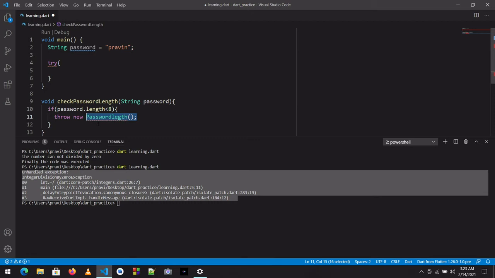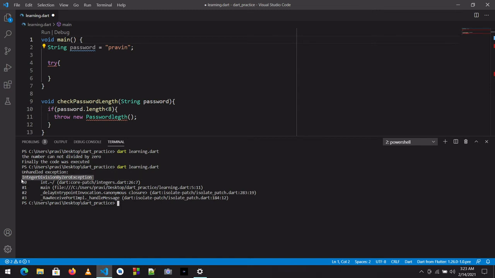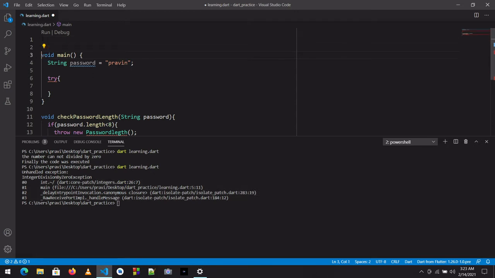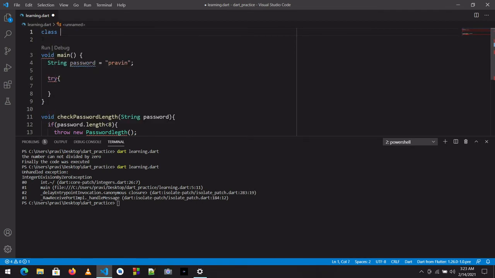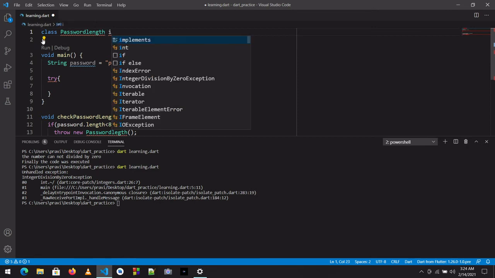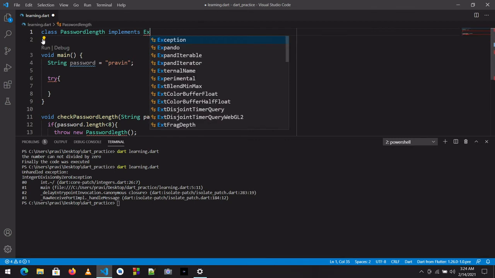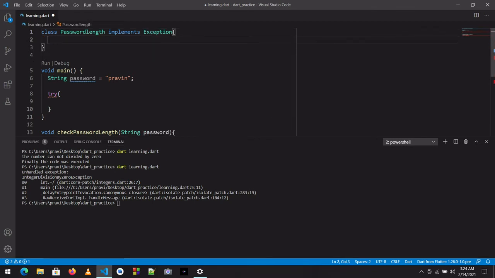So I have to create a class where I will hold the values of my exceptions, because an exception like integer division by 0 is also a class which has the error message for representing these errors. So let's make a class here, class password length. Now, password length implements exception, so a class is created here.